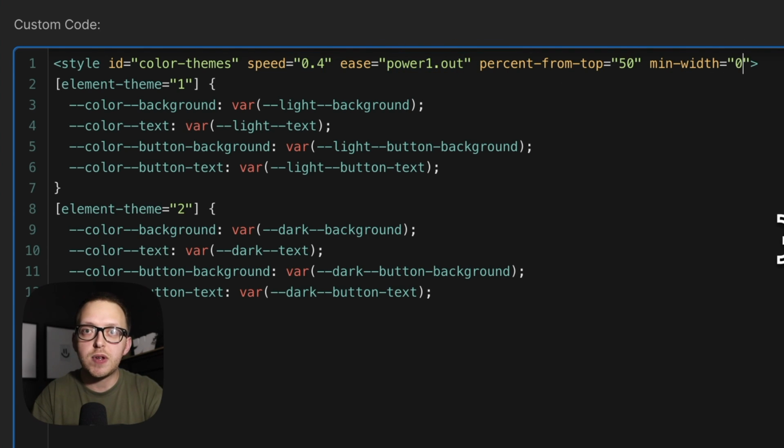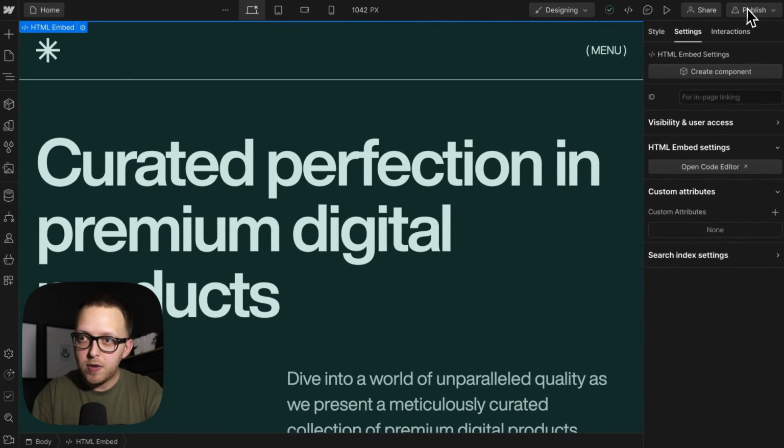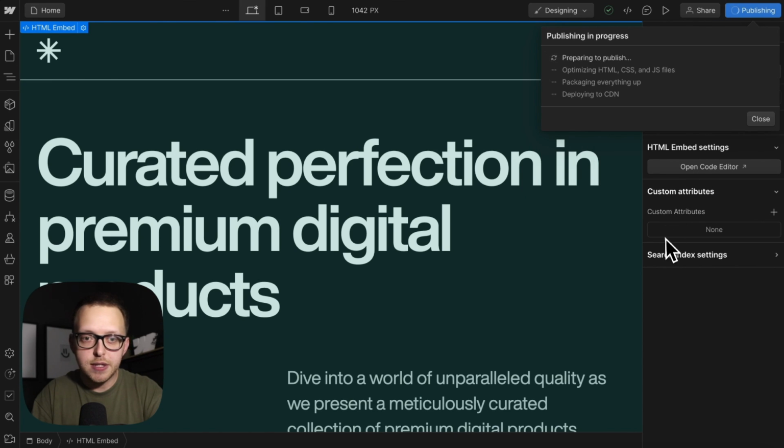By default, this runs on every single breakpoint, but if we only want it to run on desktop, we could say run on screen sizes that are at least 992 pixels wide, and that way below tablet it would clear out, and at desktop it would animate. So I'll just leave this to all breakpoints, and we can go ahead and save and publish this,